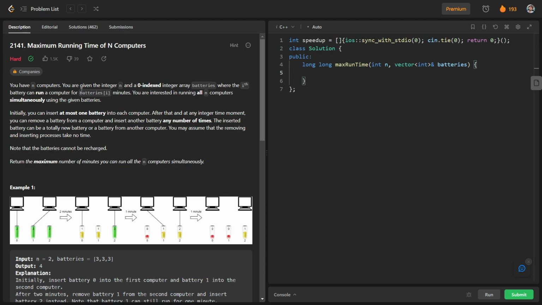So you have n computers and you are given an integer n and a 0 indexed integer array batteries where the ith battery can run a computer for batteries[i] minutes. So basically these two things are given to us, and you are interested in running all n computers simultaneously using the given batteries. Okay, initially you can insert at most one battery into each computer, and after that at any